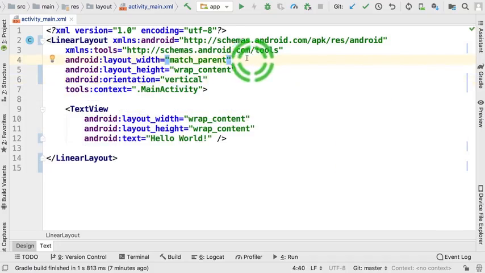You'll notice that all the views have a layout width and a layout height, which is their width and height. For this linear layout here, we see that the width has been set to match parent, which means that its width is the same as its parent's. The parent of this linear layout is the root view, which is the size of the entire screen. So basically, this is saying that its width should be the size of the screen. Height is set to wrap content. This makes the height of the linear layout match the height of its content,